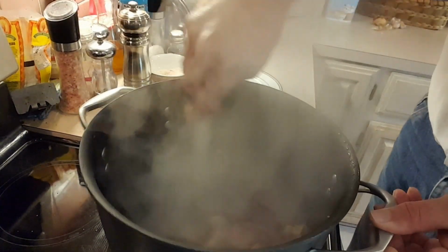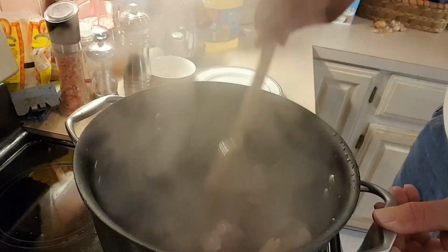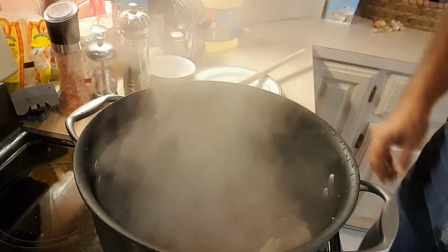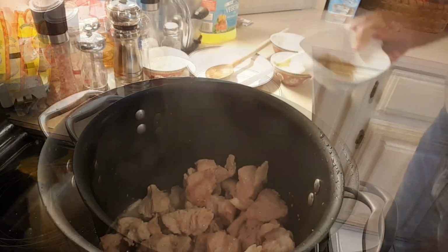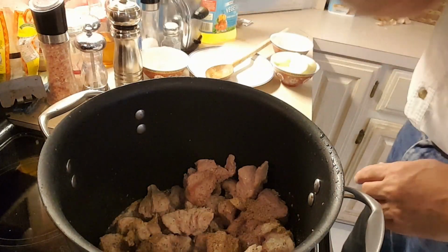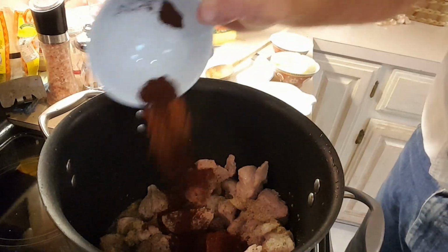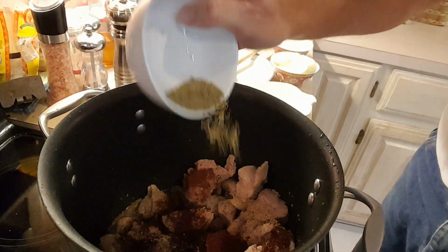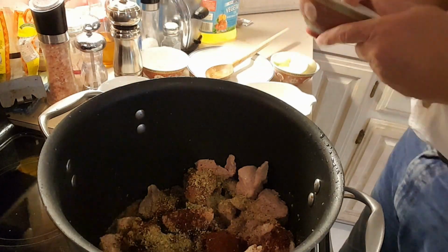So we've been cooking the meat in the hot oil for about 5 minutes. Now we're going to turn the heat down and start adding the spices. So in go the salt and pepper and the cumin, the chili powder, the oregano, the garlic,